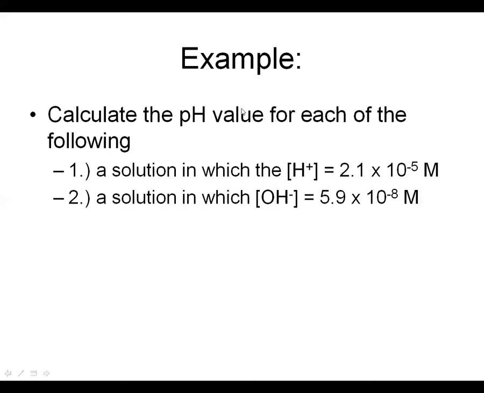Okay, so let's take a look here. So we want to calculate the pH of each of these. So looking at the first one, actually both of them, we want to use the pH is equal to minus the log of the H plus concentration. So number one, we have the H plus concentration given to us. That will give us a pH is equal to minus the log of 2.1 times 10 to the minus 5. And if we punch that in, minus the log of 2.1 to the minus 5, again, make sure you use your exponent button, and we will get